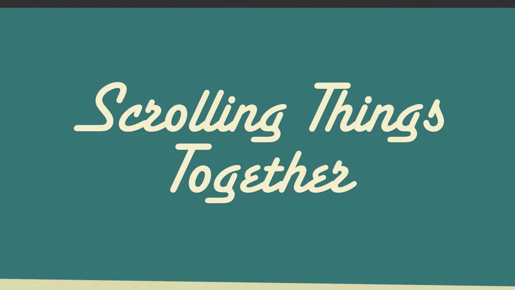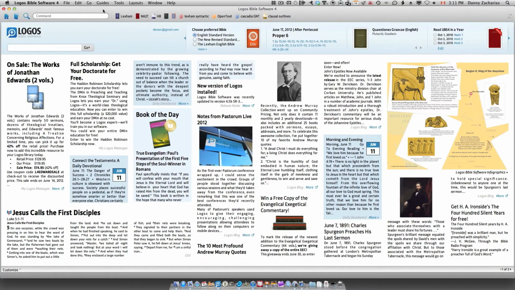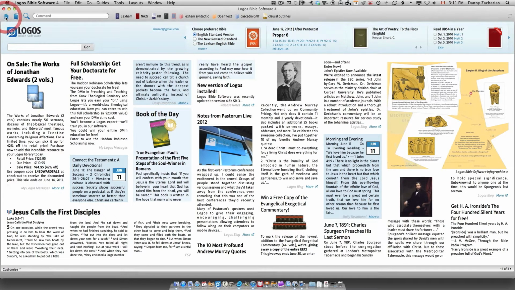How to make your Bible scroll together. Once you open Logos, you will begin either with a blank page or on a home page. If you open on the home page, click the home icon to get a blank slate. By the way, I'm using the Mac version of Logos, so this may look slightly different than yours. But Logos on a PC and Logos on a Mac function the same, even though some of our menu buttons